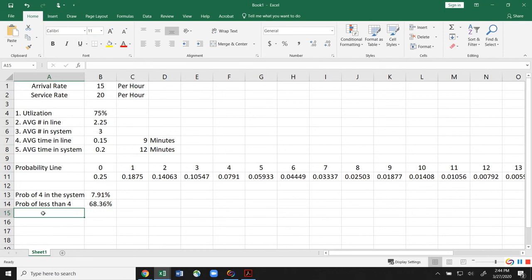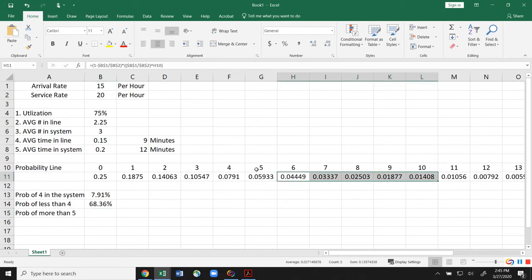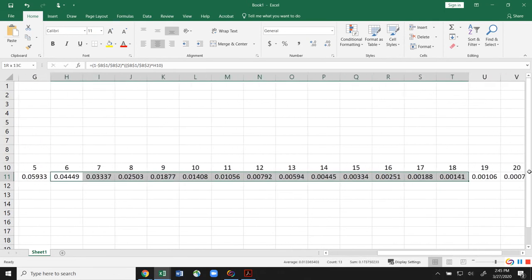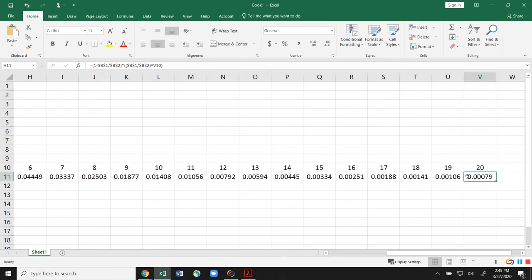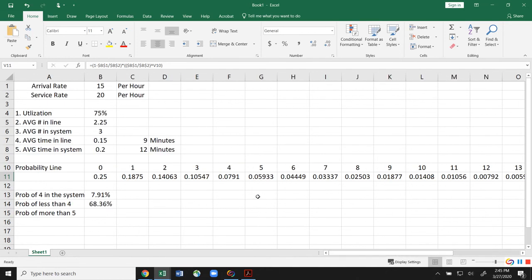All right, now for a little trickier one. Probability of more than 5. All right, so we know that's a probability from 6 all the way to infinity because it's more than 5. Here's the problem. We only went to 20, and there is a probability of 21, 22. There's a probability of 10,000, even though it's very small, all the way to infinity. So the way we have to do it, and I'll explain a little bit more here before we do it,